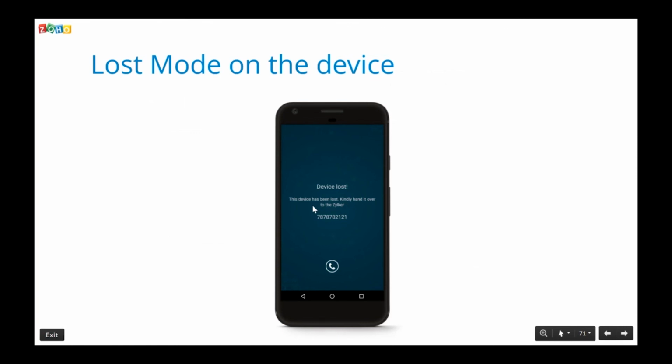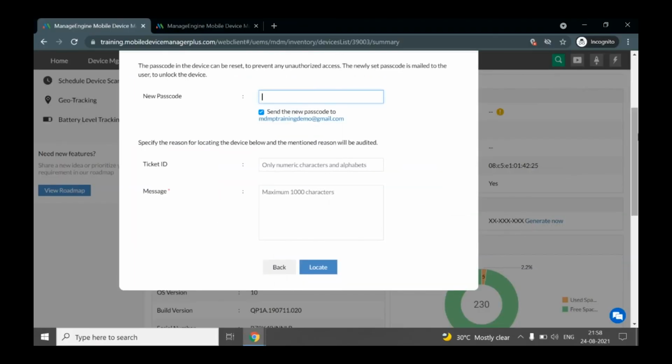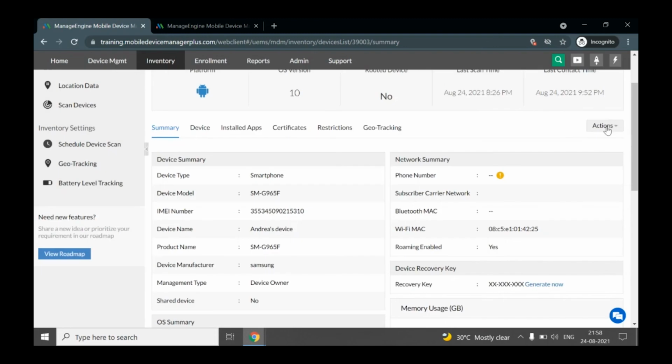So whoever finds this device can use these details to return it back to the organization. But unfortunately, let's say it's been a few days and this device has not been returned back to my organization. As an IT admin, I would be concerned about the data on the device if it has been misused. So to prevent any unauthorized access of corporate data, click on Actions, and you will have two options here to